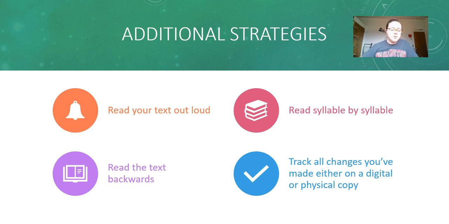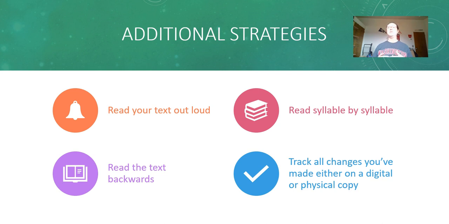For smaller issues like spelling and even subject-verb agreement, I would even go so far as to recommend reading syllable by syllable. This is actually a common practice with professional and technical writers. Additional strategies: read your text out loud. Read syllable by syllable. What that does, after you've initially read your text out loud at that conversational pace and you say, okay, yeah, it sounds all right, this is what's going to help you say,